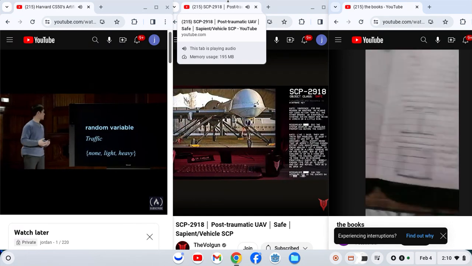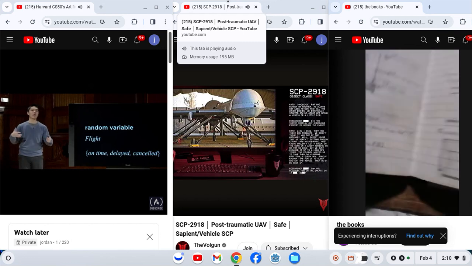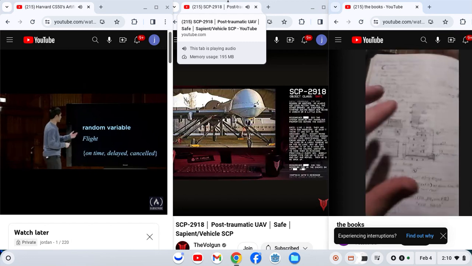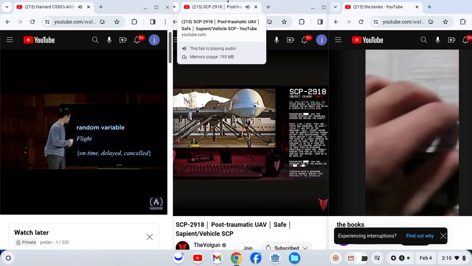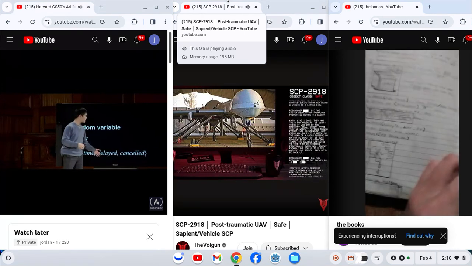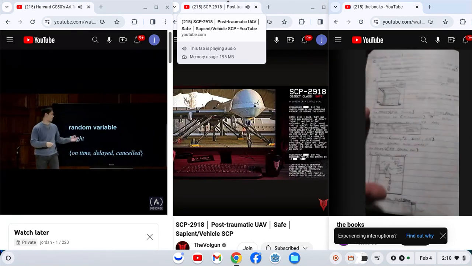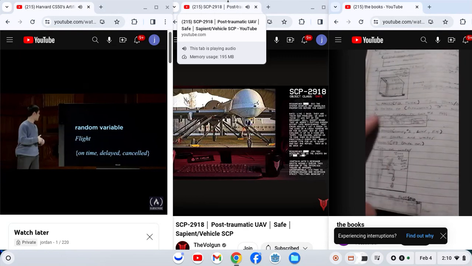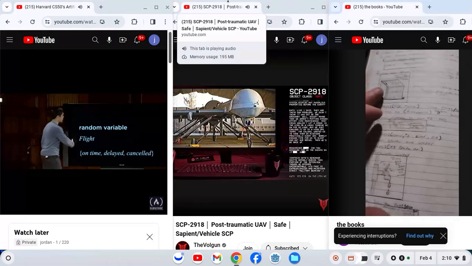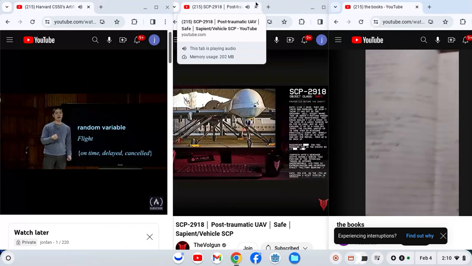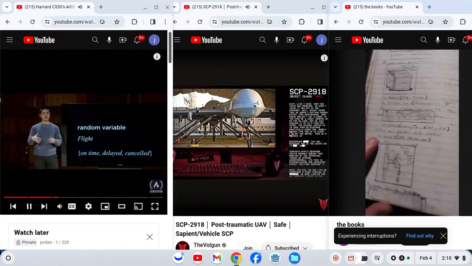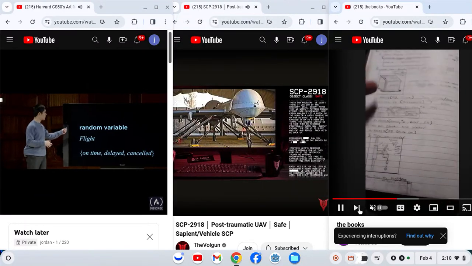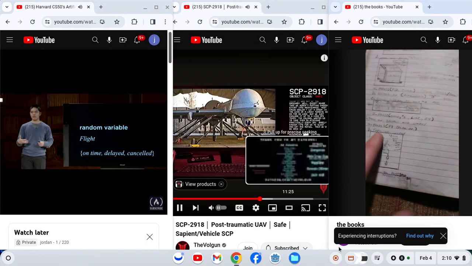You might imagine, for example, for a flight, I care about whether or not I make it to a flight on time. My flight has a couple of possible values that it could take on. My flight could be on time, my flight could be delayed, my flight could be canceled. So flight, in this case, is my random variable, and these are the values that it can take on. And often I'll want to know something about the probability that my random variable takes on each of those possible values. And this is what we then